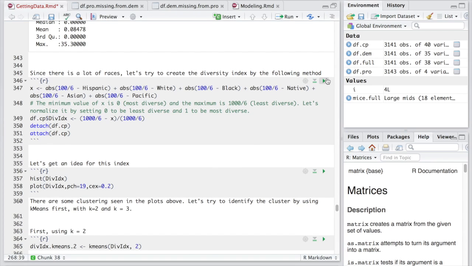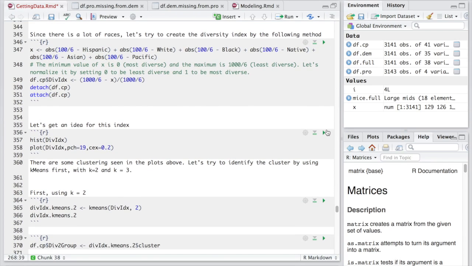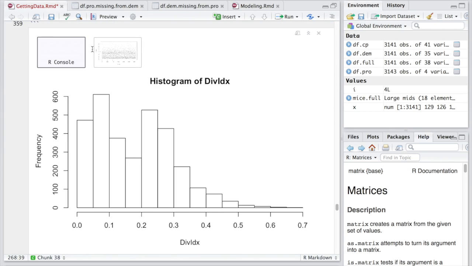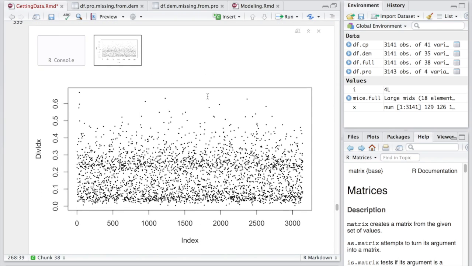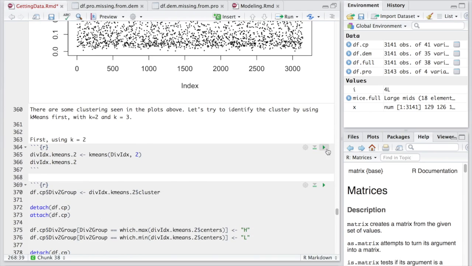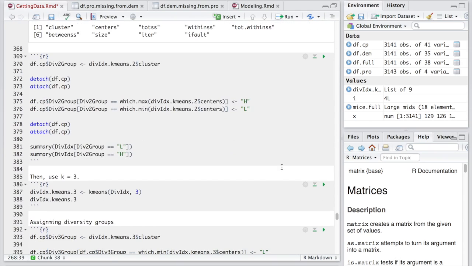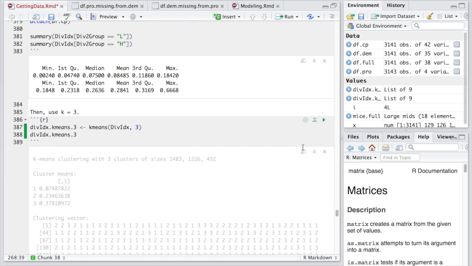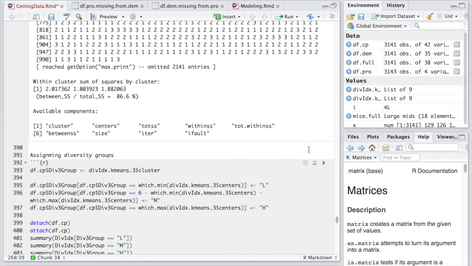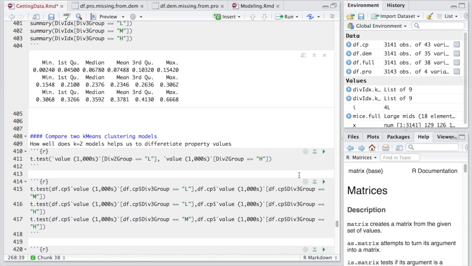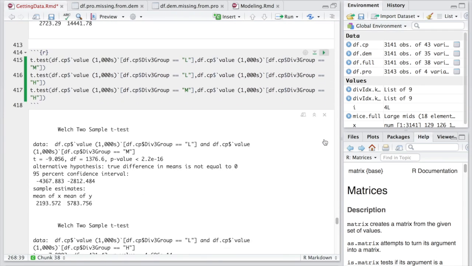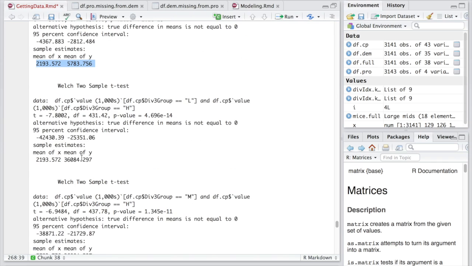I built a way to measure diversity, and if we take a look at the diversity index of all counties, we might see there's a clustering. So I use a k-means algorithm to detect this clustering. I use k as 2 first, and then k as 3 as a comparison, and see which one gives me better results. If we do a t-test among each diversity group, we can see there's a significant difference in property